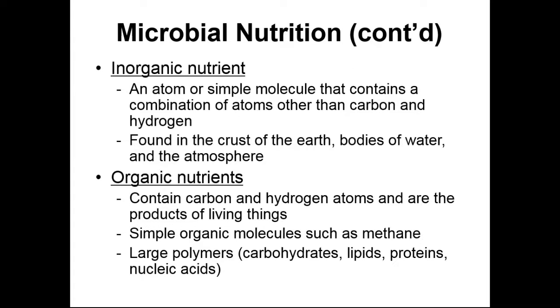We can also categorize our nutrients and our microbes as an organic or an inorganic nutrient. An inorganic nutrient is any simple compound that does not contain carbon atoms. So you can think of just hydrogen, just sulfur, just zinc all by itself, or it can be a small molecule or a small ionic compound that doesn't contain carbon in it. For example, you could think of sulfates or phosphate ions, or you could think of sodium chloride. These inorganic nutrients can often be thought of as just minerals.